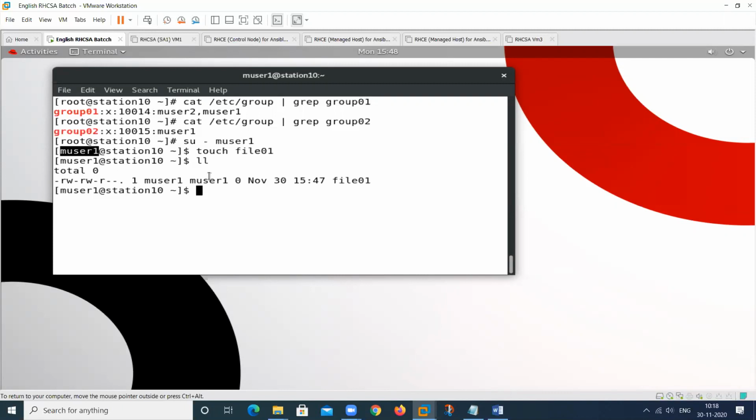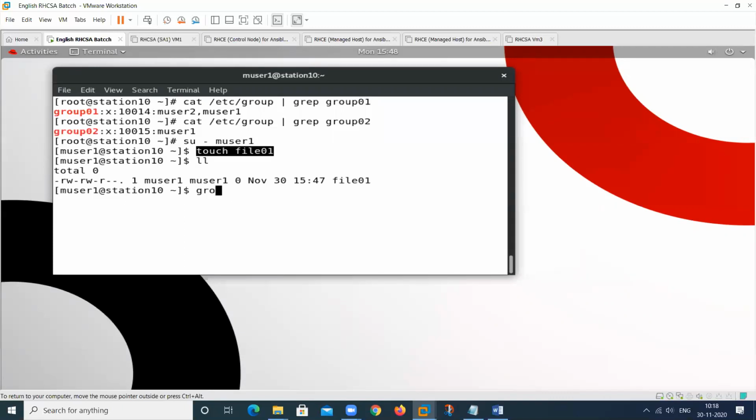So this is the primary group, but we can change this to a secondary one. But during the creation of any file or folder, what is the primary group of that particular user?